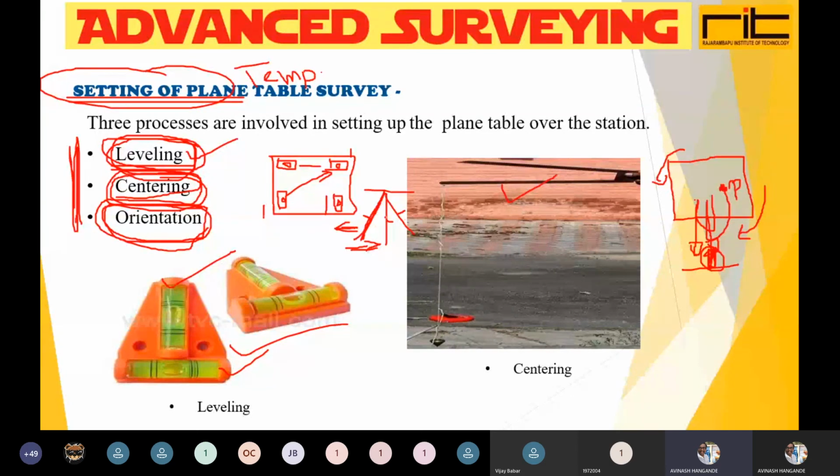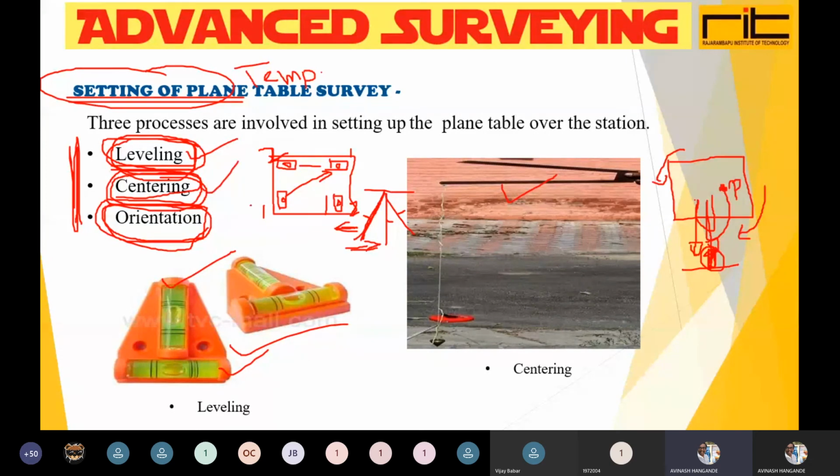Okay, so any tripod leg can be moved. At the same time we can move all the three legs also. Okay, not only one leg will provide us the exact leveling. So we have to make sure that we use all the 3 legs for that. Okay, then we have to place it on the next pair of corner. Okay, so second position, and same operation is performed. So until at all the corners the bubble remains the same, we have to perform this operation. Okay, so that is the leveling operation.